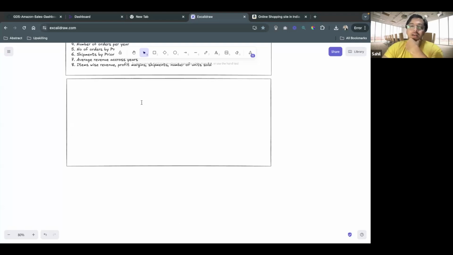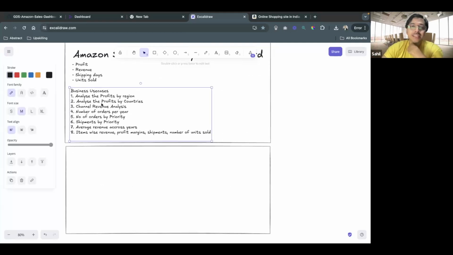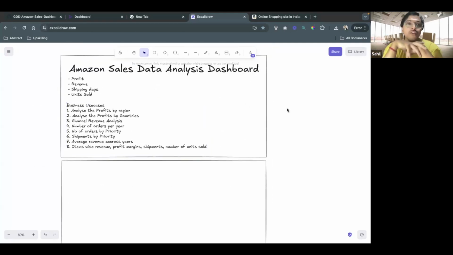What is a wireframe? Let's say I have to create a dashboard based on these business problems. I created a dashboard in Tableau. I am not creating any wireframe. I went to the client, and the client is telling me, boss, what have you made? We didn't want it, or there is some miscommunication, or we didn't like this chart. Instead of pie chart, can you keep bar chart, right? These kind of questions can come up. If you are getting these questions after you have made your dashboard, it's a big oopsie, because creating a dashboard takes time. So instead of directly jumping to the dashboard creation and then spending a lot of time, what you do is